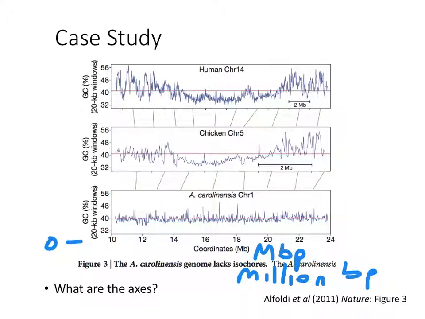And then what's the y-axis? Percent GC. Percent GC, 20 kb windows. So what that means is that these authors look at 20,000 base pairs at a time, which is a really small amount on the units of measuring millions of base pairs here. They look at 20 kilobases, 20,000 base pairs at a time. So they take a contiguous stretch of 20,000 nucleotides of sequence, say from 0 to 20,000, and they say, what is the percent of those 20,000 nucleotides that are G's and C's? So if I wrote this sequence,